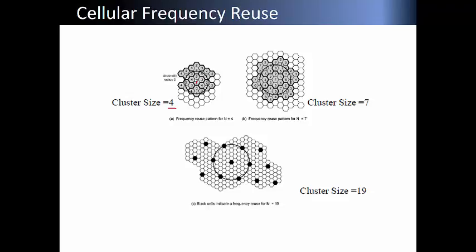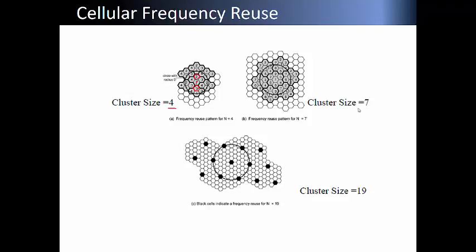So, if we have the same number, then it means the same frequency. In this case, number 2 here and number 2 here, they are the same, but they are not adjacent. See here, there is a number 2, and there is a number 2. They are all different.